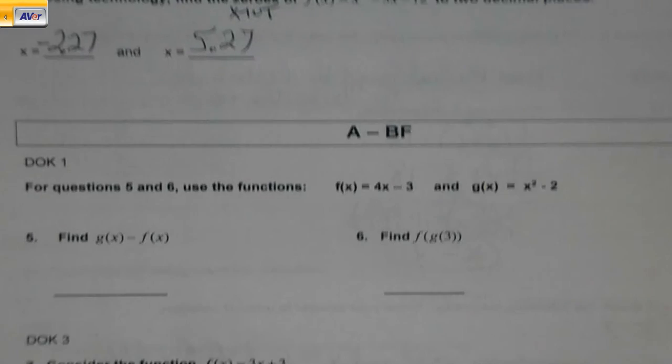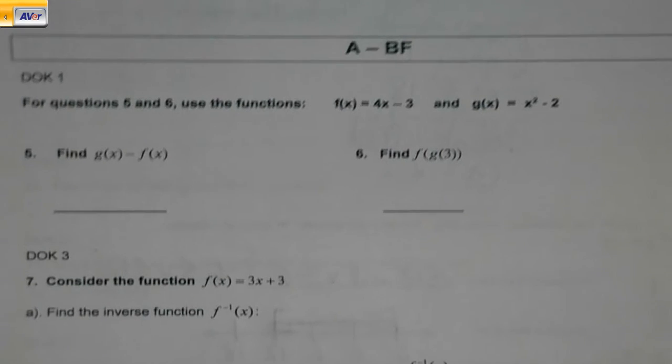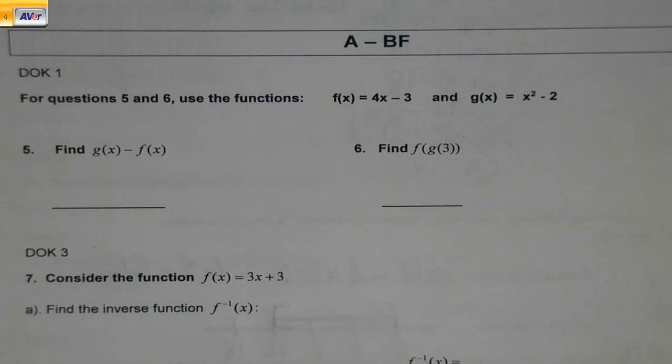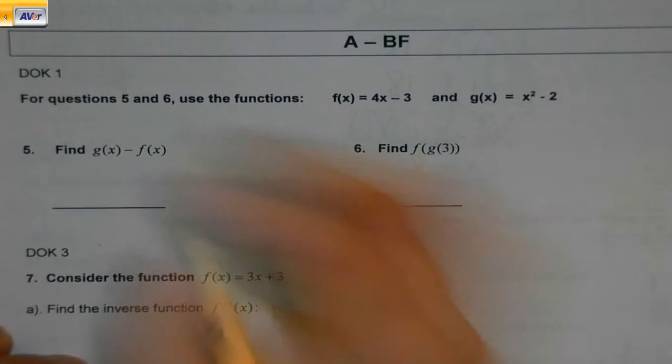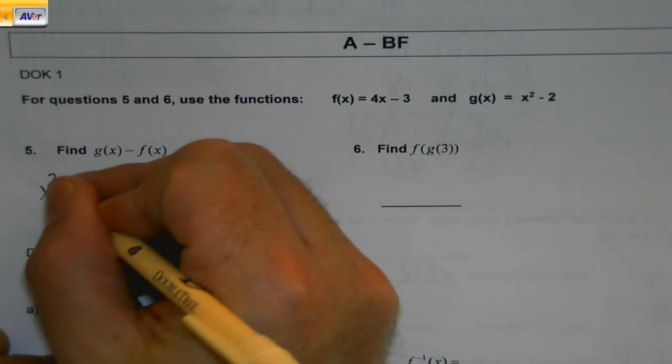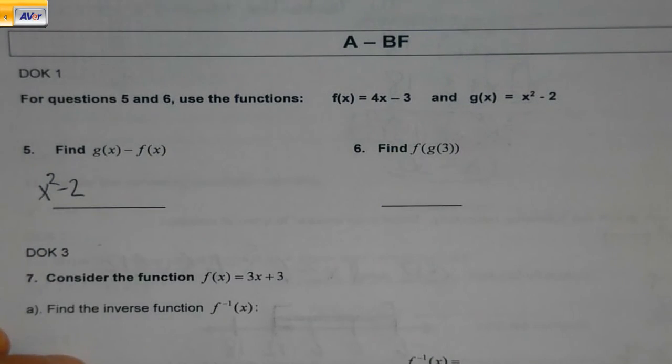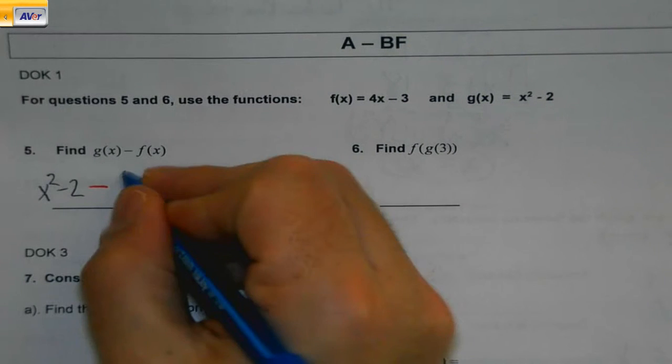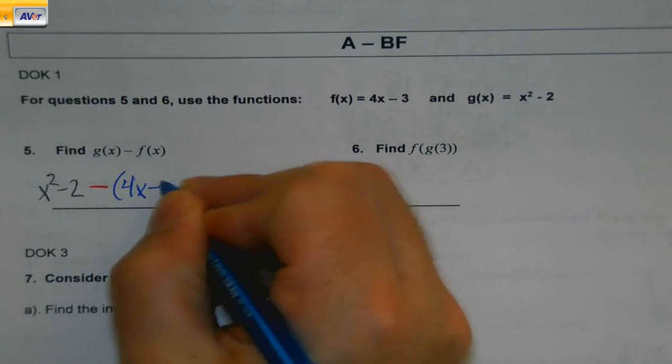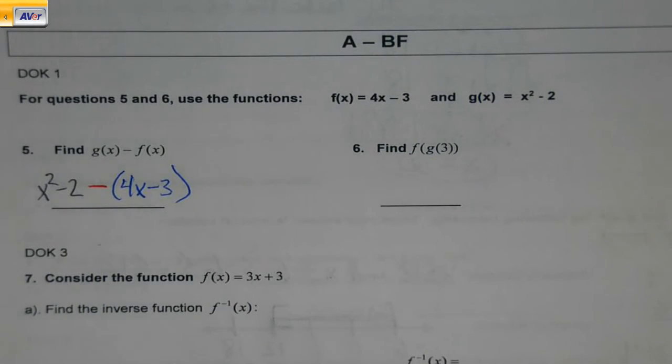Questions 5 and 6 use the functions. Okay, function stuff we've just been doing. Find g of x minus f of x. Be careful with the order. Okay, here's my g of x. So x squared minus 2, minus, 4x minus 3. And some of you may still be wondering, again, why are you using